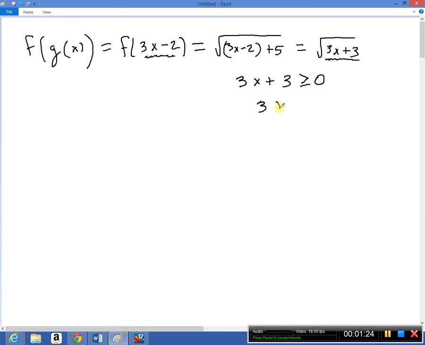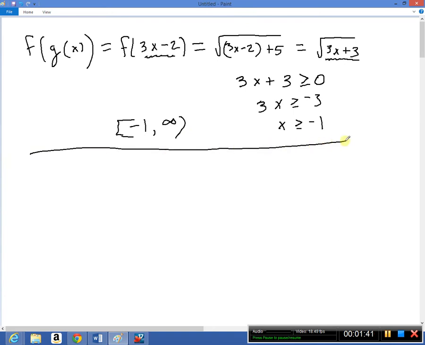That's the same as 3x bigger than or equal to negative 3, or x bigger than or equal to negative 1. And so that would be the domain. Of course, you could say negative 1 out to infinity, like that if you prefer. Okay, that's number 1. Number 2, you're supposed to find f inverse, where f of x, or y, is